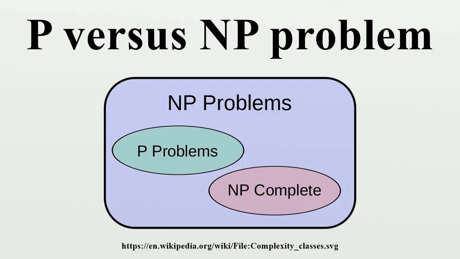The best algorithm for this problem, due to Laszlo Babai and Eugene Luks, has runtime 2^O(√(n log n)) for graphs with n vertices. The integer factorization problem is the computational problem of determining the prime factorization of a given integer. Phrased as a decision problem, it is the problem of deciding whether the input has a factor less than k. No efficient integer factorization algorithm is known, and this fact forms the basis of several modern cryptographic systems, such as